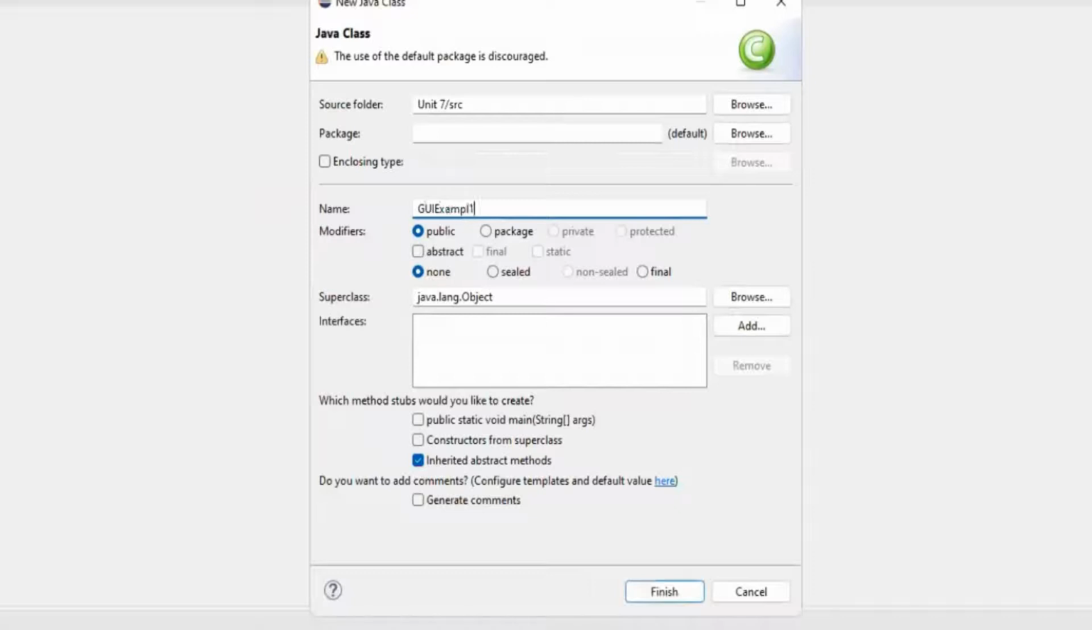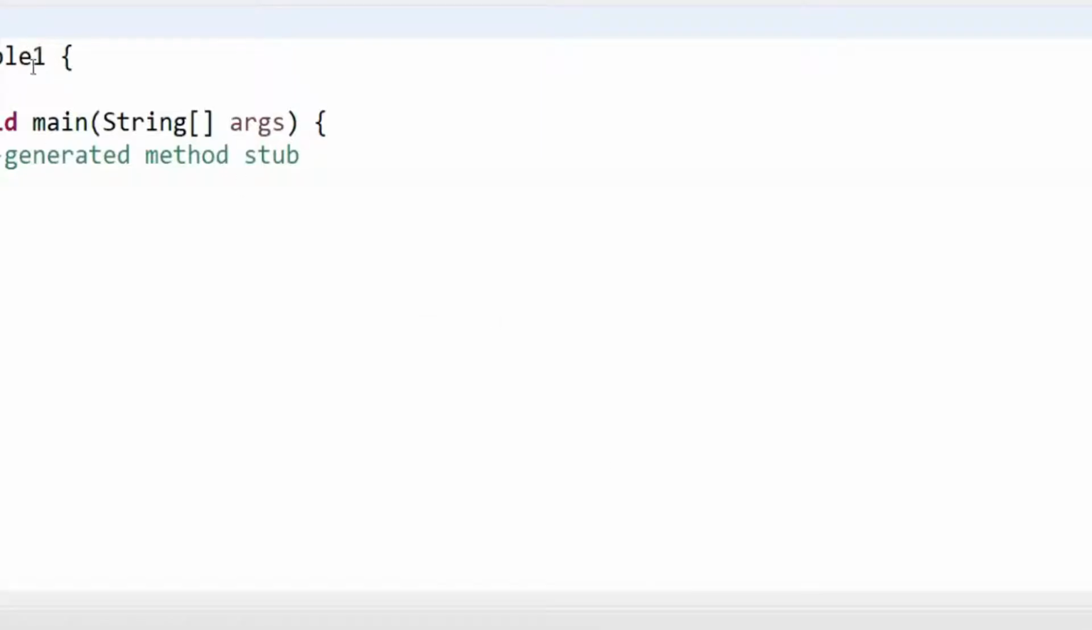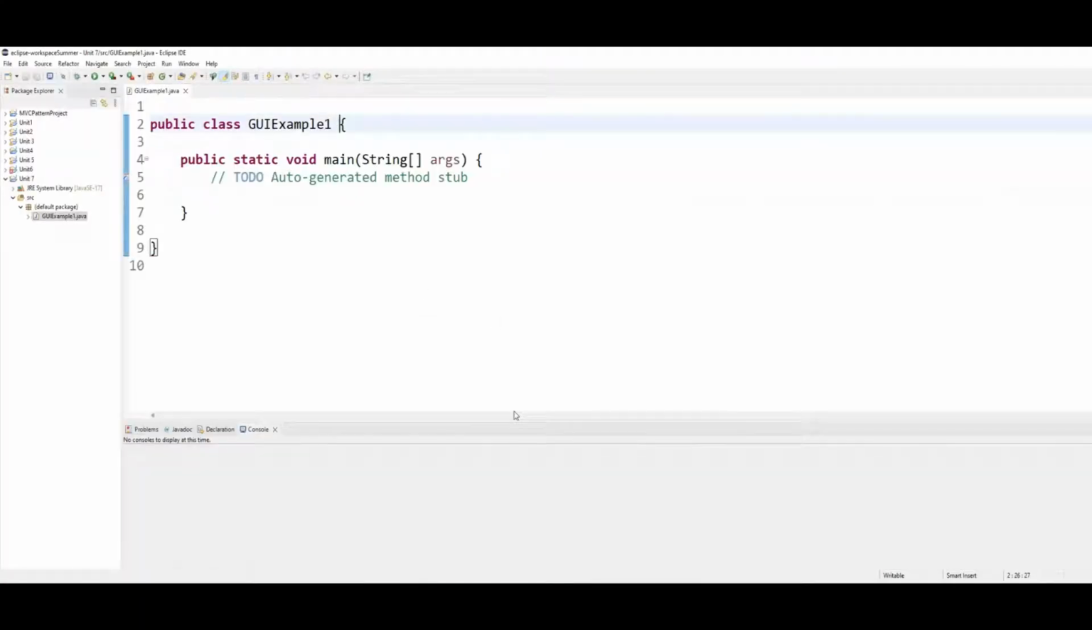Example 1, with a public static void main. Okay. Now, I purposely did not build this example with the extends and the implements stuff so